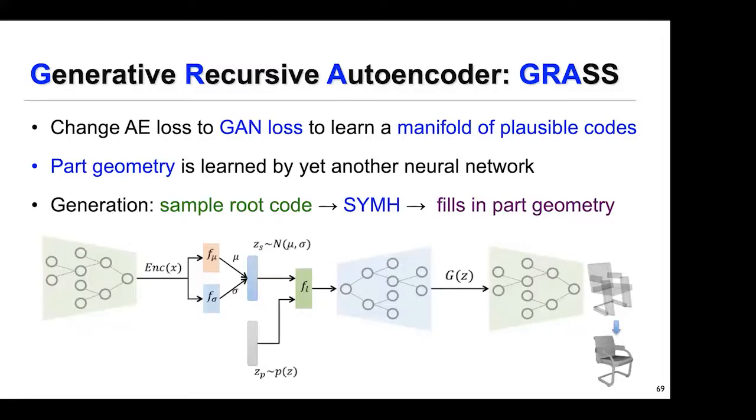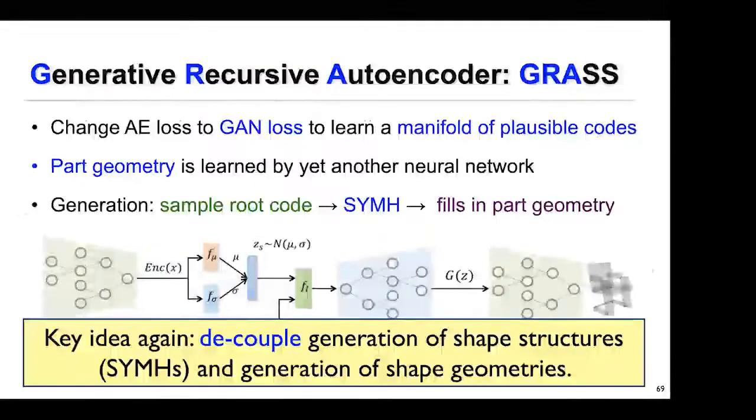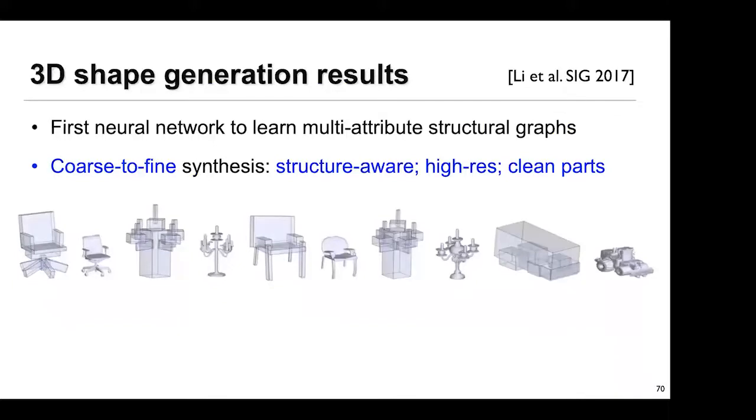And then finally, in order to get a final 3D shape, this is where the decoupling comes in. The part geometries were generated using a separate neural network, right? So we purposely decouple the generation of structures of the shapes and the part geometries, okay? And to put everything together, all you have to do is to sample a root code, and that's going to generate the symmetry hierarchy, and then you're going to have a separate neural network to fill in the part geometry. And here are some results